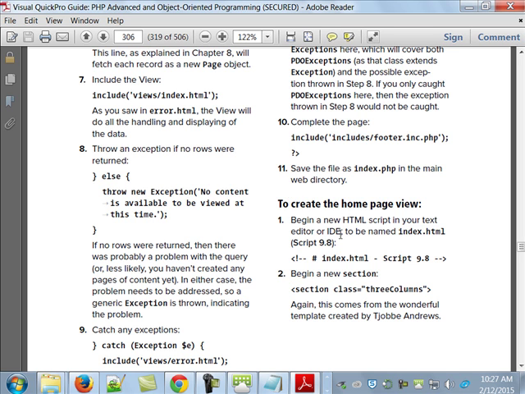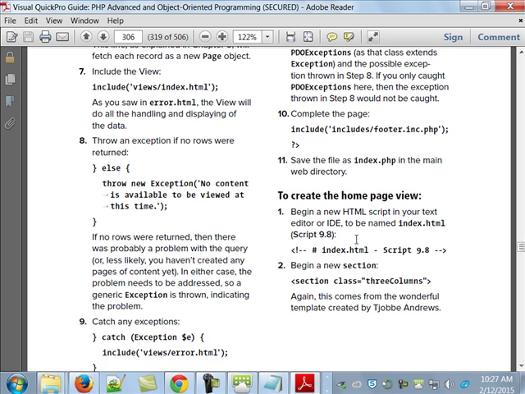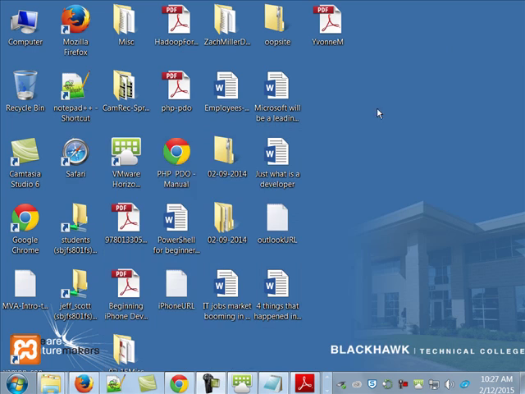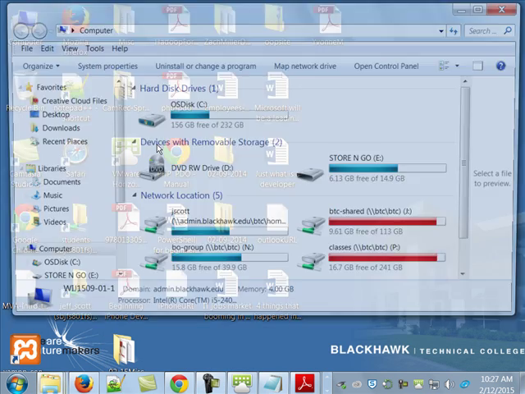All right. So next he says, begin a new HTML script in the editor that's going to be called this. This is going to be our view, homepage view. Now, you might look and say, wait a minute. You already did an index.html, but remember, the way that this is set up,